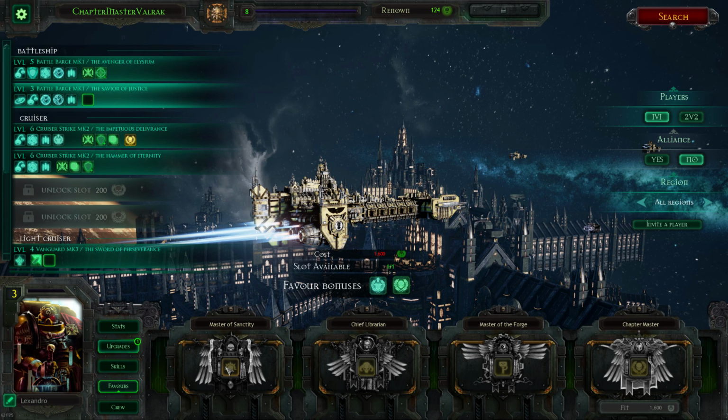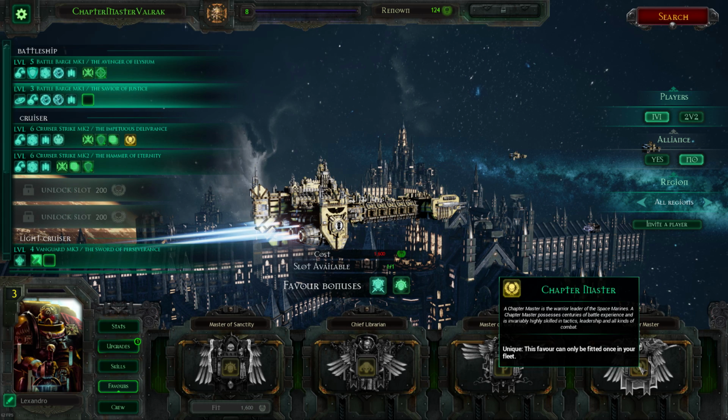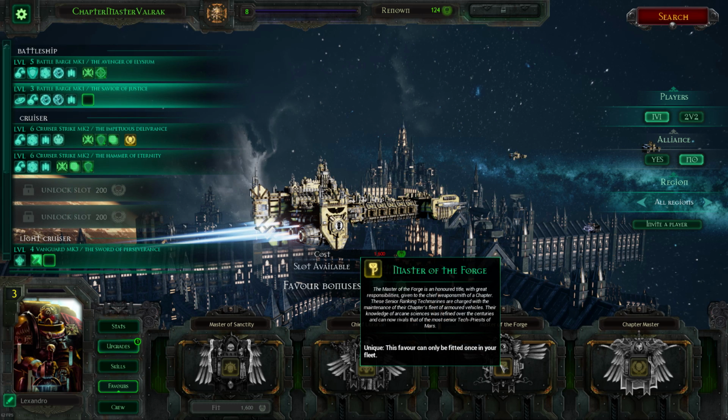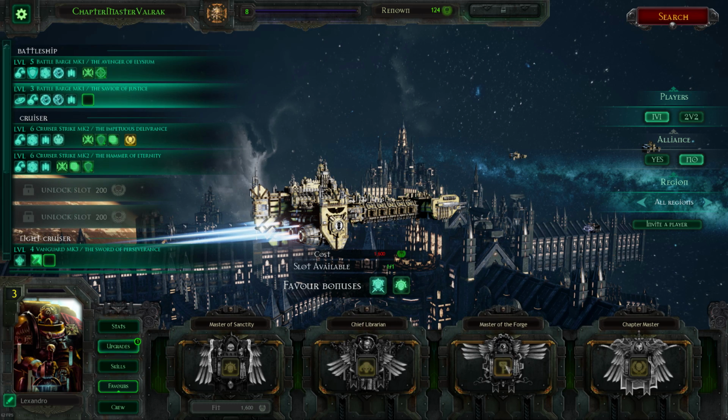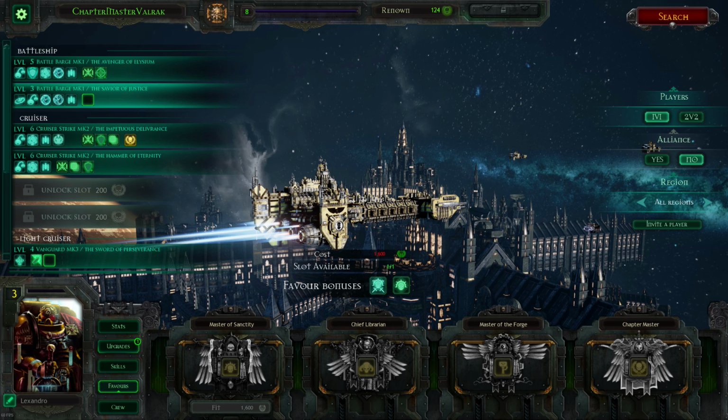Yeah, like I said, I think the strongest ones out of these are the Master of Sanctity and the Master of Forge. Chapter Master is okay. I've actually been testing it a bit. It's okay, but I think I'm going to change it to Master of the Forge because I'd rather have the extra ability to protect my ship. You know, add more void shield generators or more long range auger specs and stuff like that. So I think I'm going to be changing from that. But all in all,